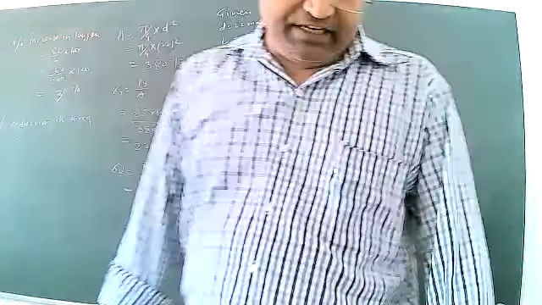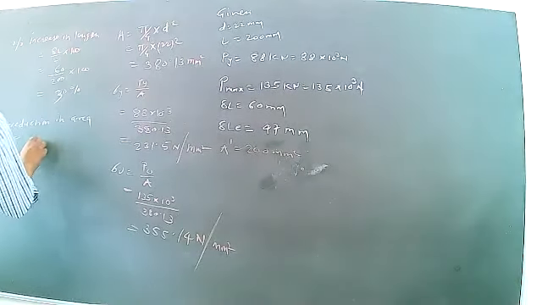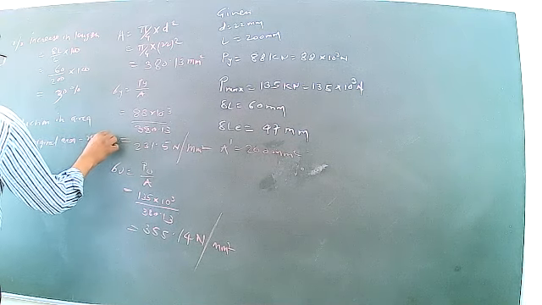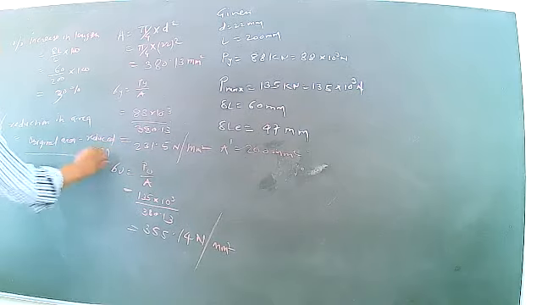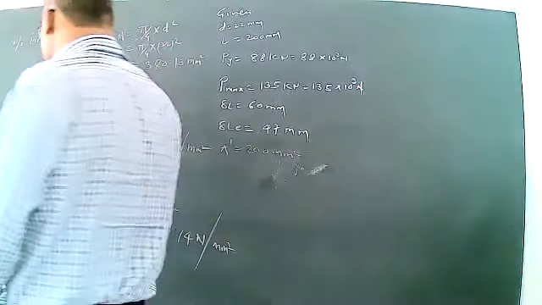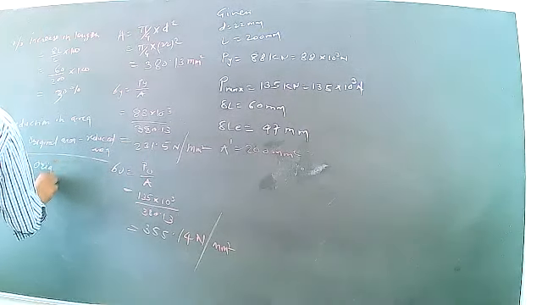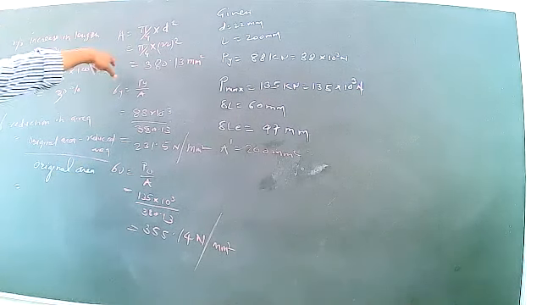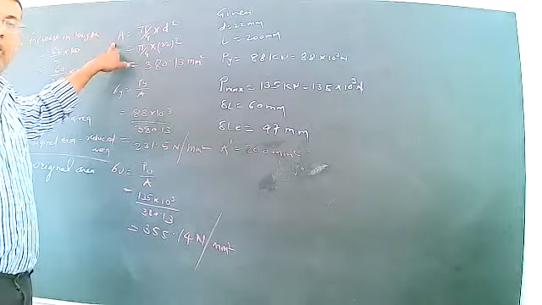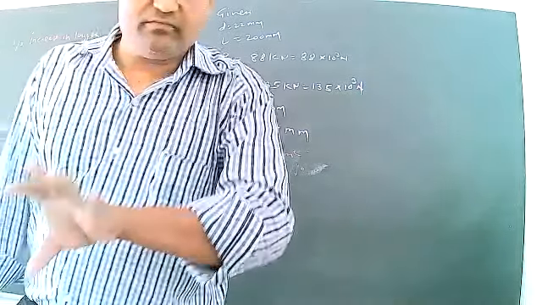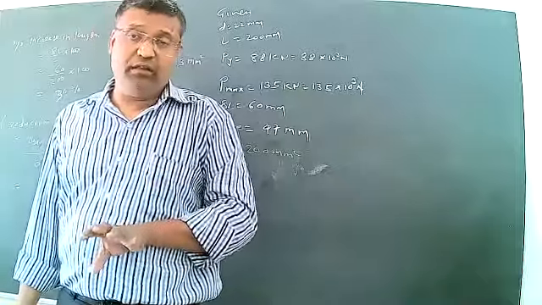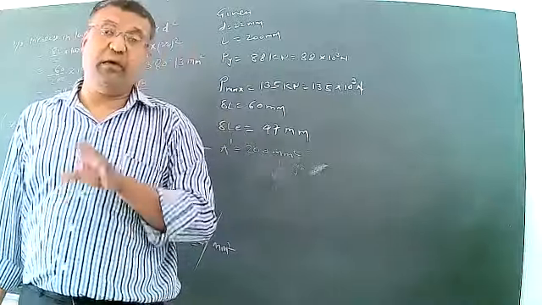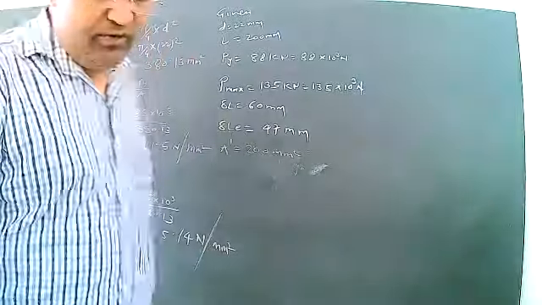How to calculate percentage? The original area minus reduced area upon the original area. We have already calculated it here. If you see here, this is the area of the steel bar or specimen. Whatever specimen is provided in the problem, we have to calculate the area of that specimen. That is the original area, pi by 4 into d square. That value you will get.